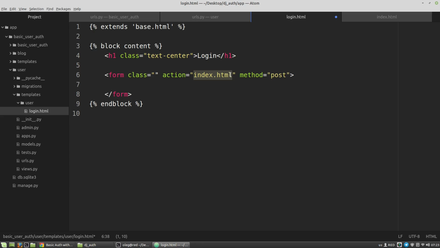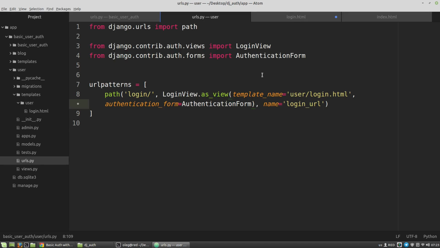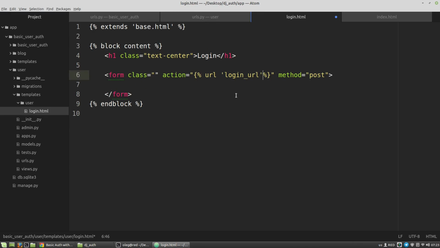So to build the URL to the class, I have to use the url function. And its argument will be the name of the URL pattern, the login URL. Then the CSRF token,